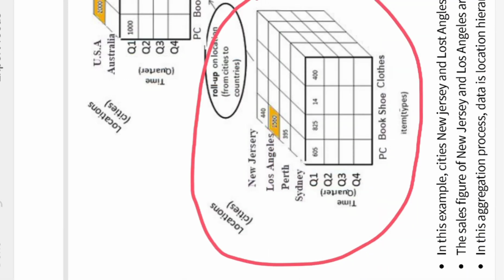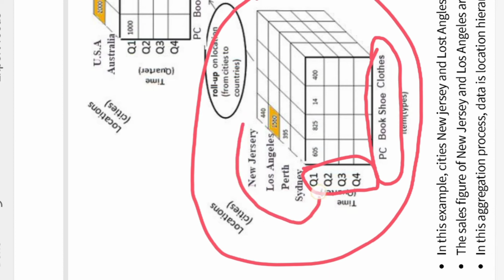I am having here quarter 1, quarter 2, quarter 3 and quarter 4, one dimension. Then I am having PC, book, shoe and clothes, another dimension. And one more dimension I am having, that is the locations or cities. So here you can see New Jersey, Los Angeles, Perth and Sydney. These are the locations.